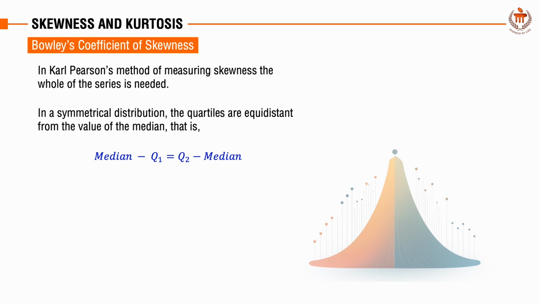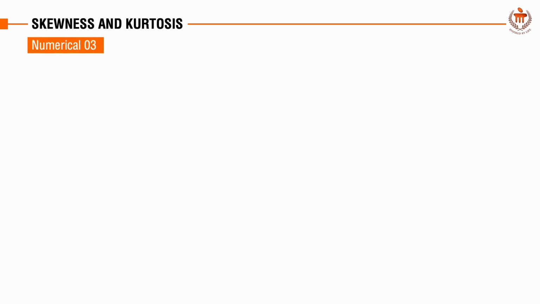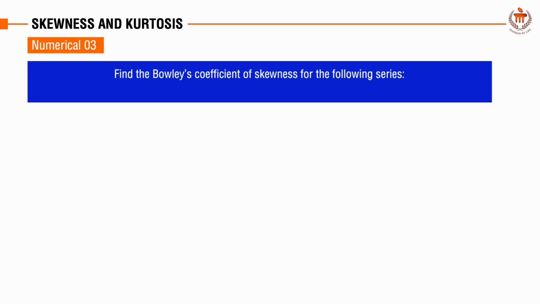And quartile 3 talks about the 75% data. So I can write median minus Q1 is equal to Q3 minus median. Here you can correct this: it is Q3 minus median. So the Bowley coefficient of skewness is equal to Q3 plus Q1 minus 2 times median, divided by Q3 minus Q1. So let's do a numerical based on Bowley coefficient of skewness, where the following data set is given to us: